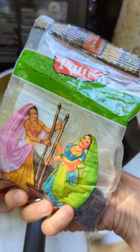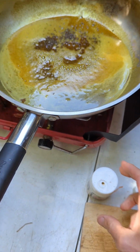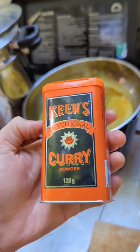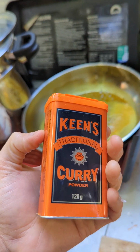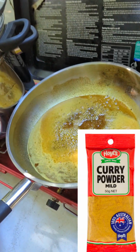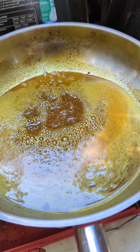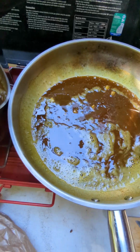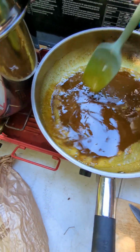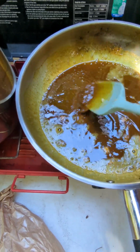I usually chuck in some mustard seeds and a bit of asafoetida. I've used Keen's in the past, but I've actually got onto a different type. It's a Hoyt's mild curry paste. It's got fenugreek and cumin and everything in it. I really enjoy it. Once these spices are cooked through for 5 minutes or so, simmering away on medium low,